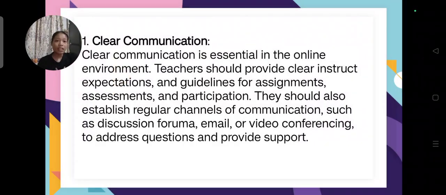So, one is clear communication. Clear communication is essential in the online environment. Teachers should provide clear expectations and guidelines for assignments, assessment, and participation. They should also establish regular channels of communication such as discussion forums, email, or video conferencing to address questions and provide support. So, the number one states that